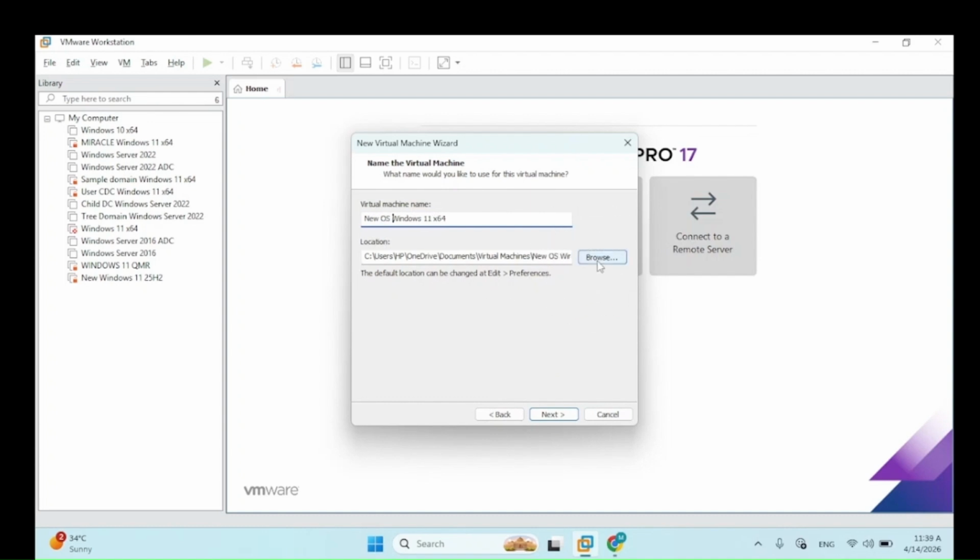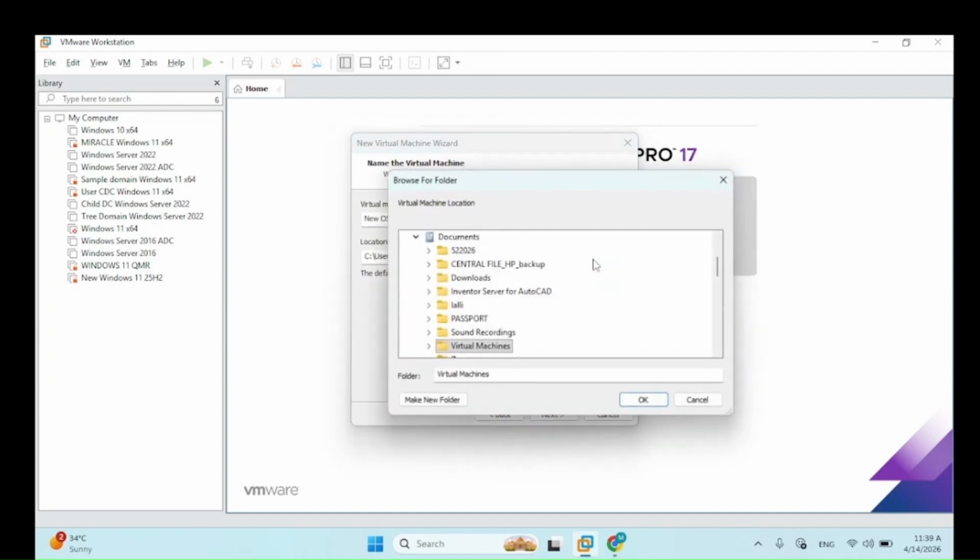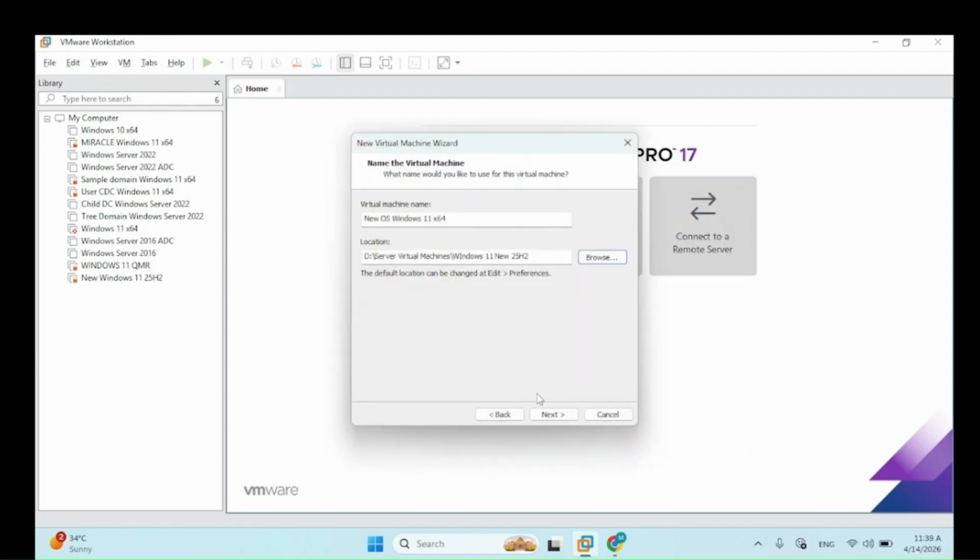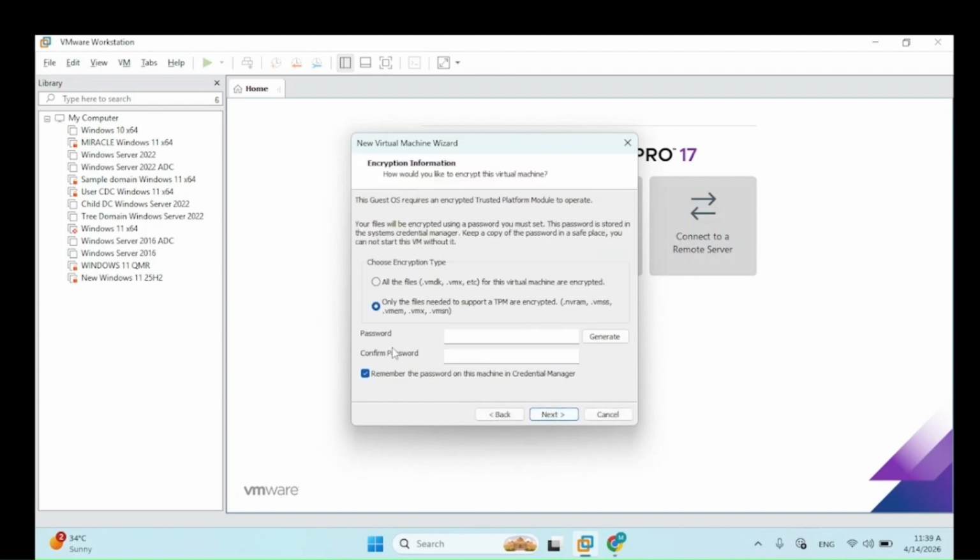And you can change the location of where you want to install the virtual machine. Otherwise, you can go with the default one also. I want to change the location. Tap on browse. Select the location where you want to install the virtual machine. So after you select the location, tap on next and create a password. After you confirm the password, please tap on next